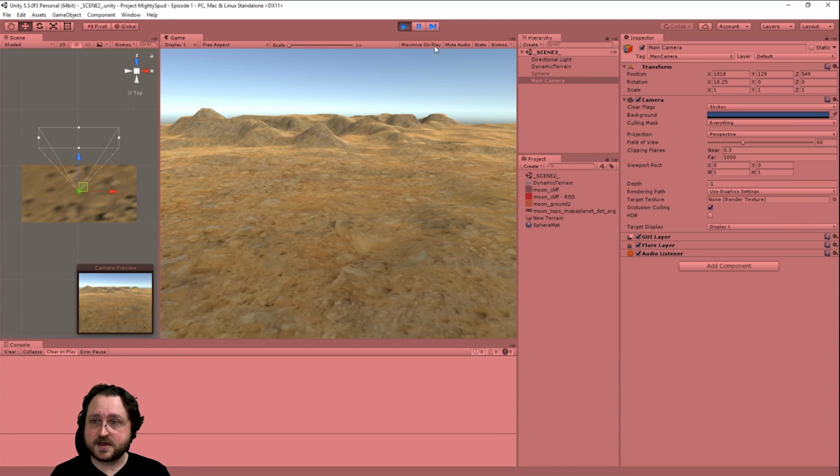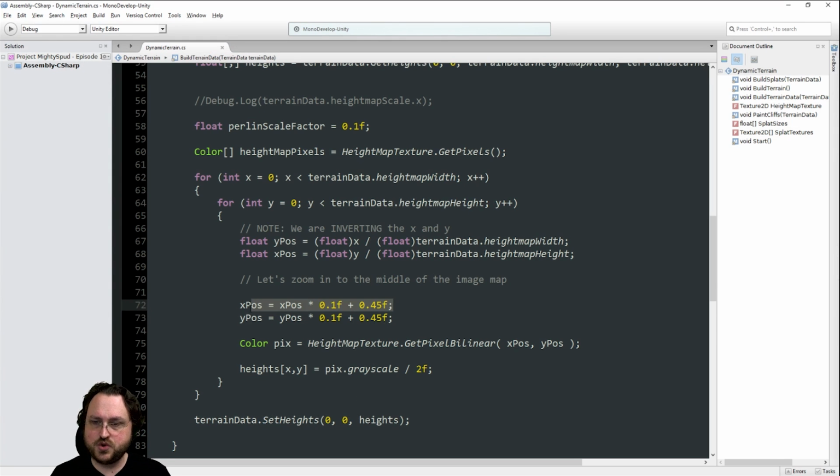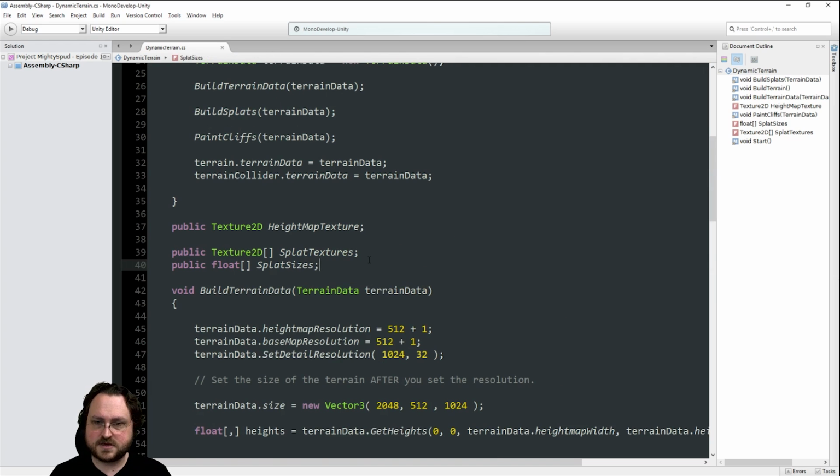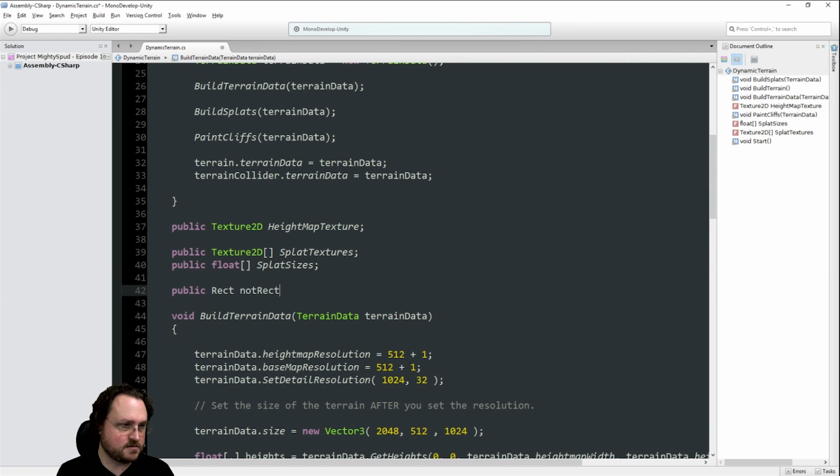So now we have the ability, especially if we start to generalize things out. Let's say we tune this instead to be something like public Rect viewing area, viewing rectangle.